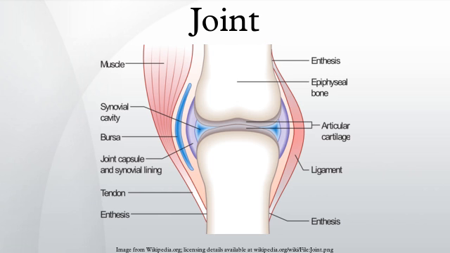Structural classification names and divides joints according to the type of binding tissue that connects the bones to each other. There are three structural classifications of joints: fibrous joint, a joint joined by dense regular connective tissue that is rich in collagen fibers; cartilaginous joint, a joint joined by cartilage; and synovial joint, not directly joined, where the bones have a synovial cavity and are united by the dense irregular connective tissue that forms the articular capsule that is normally associated with accessory ligaments. Functional classification: joints can also be classified functionally according to the type and degree of movement